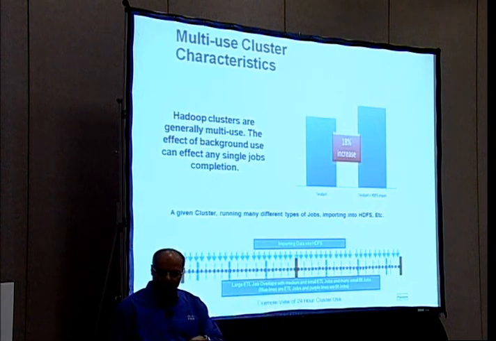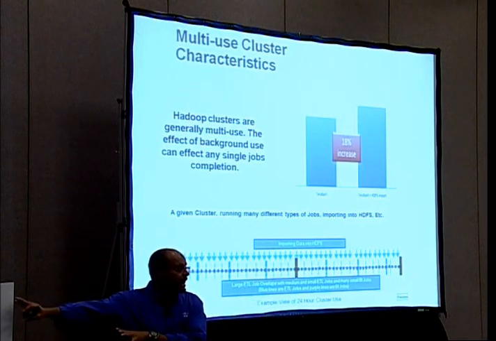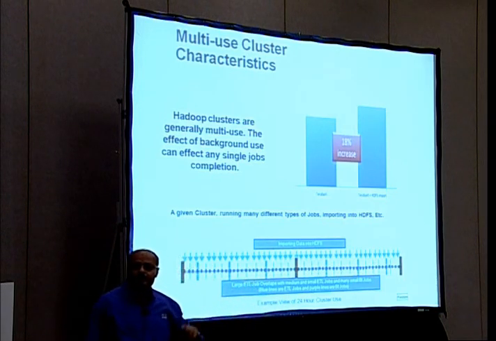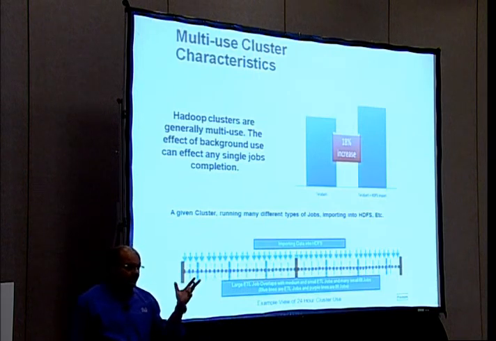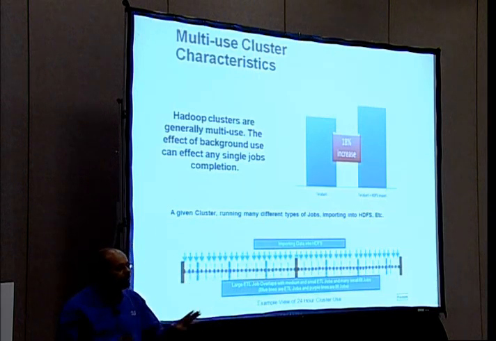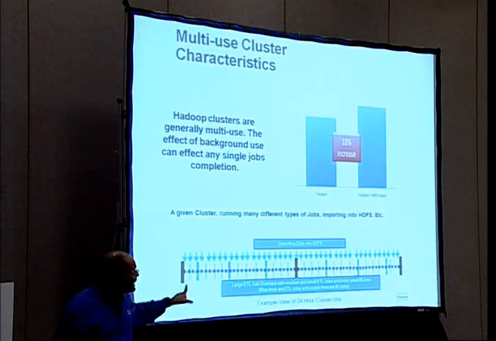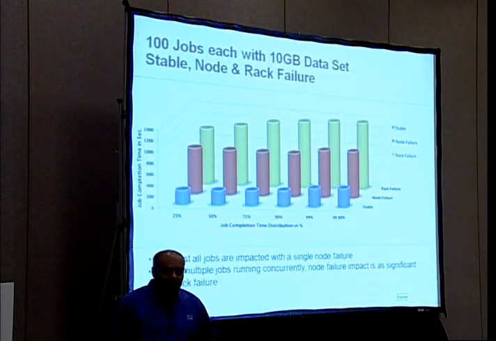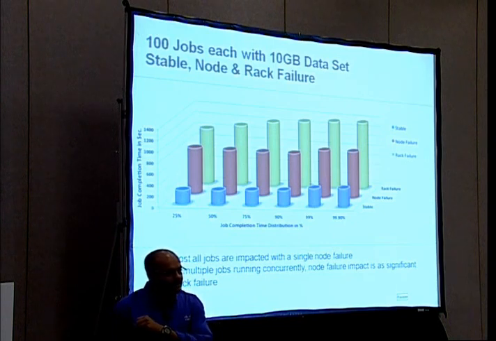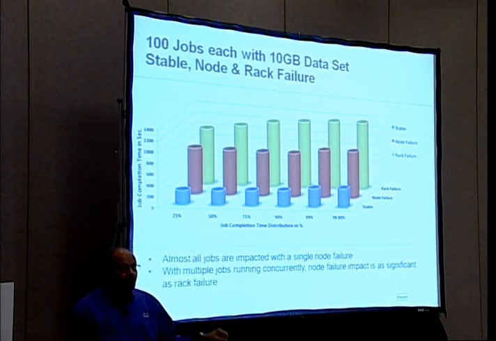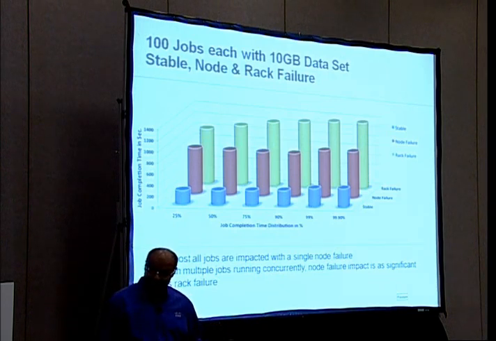Multiple workloads when you run, what happens to your job completion time? We run ETL jobs, we run ad hoc jobs. We did an 8-node run ingesting a terabyte, while the jobs were running in parallel, right? There's around an 18% increase in job completion time when you run multiple activities together, right?